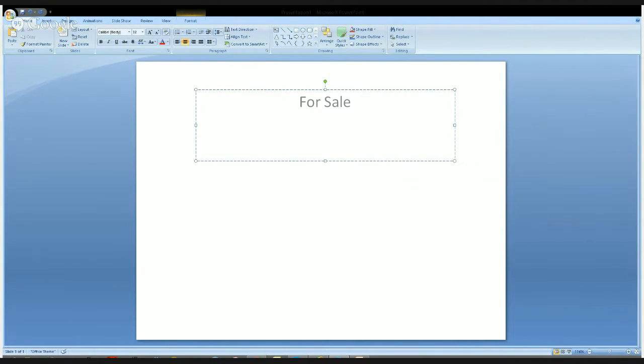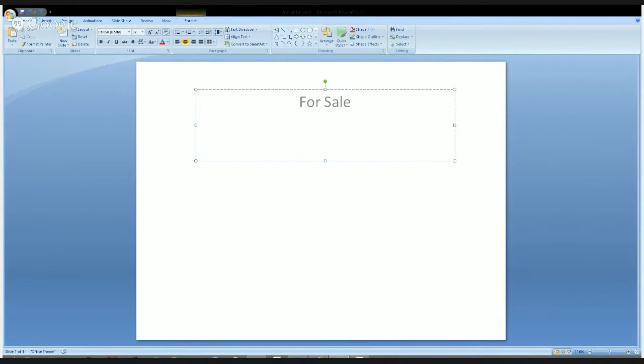Okay. So what I've done is I've just pulled up an advert for a car here, and let's suppose that we were selling this car.